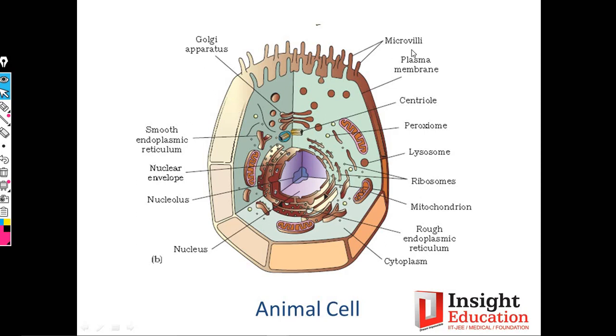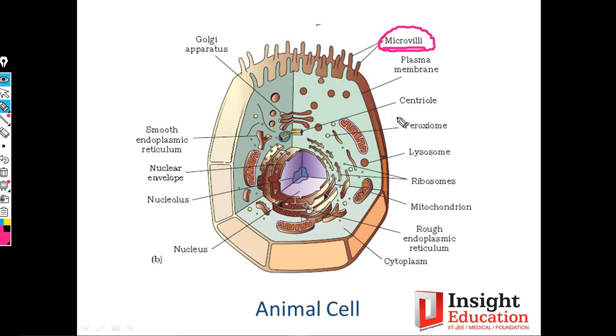These are microvilli, right? Microvilli are just a modification of the cell membrane, right? And these modifications are done to increase the surface area, right? Say for example, in the digestive system, you have a small intestine. Small intestine is a site where digestion and absorption of nutrients will occur, and in such a case you need a large surface area, right? So you have the presence of finger-like projections, which are called villi. And on the villi you have further small, hair-like structures that are called microvilli. Microvilli increase the surface area. That is the importance of microvilli.